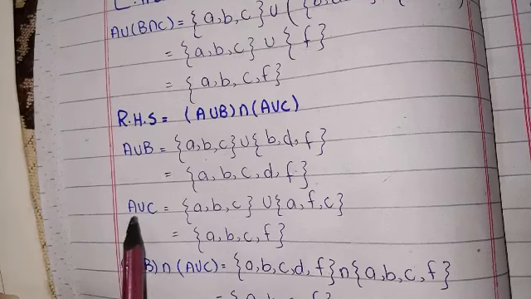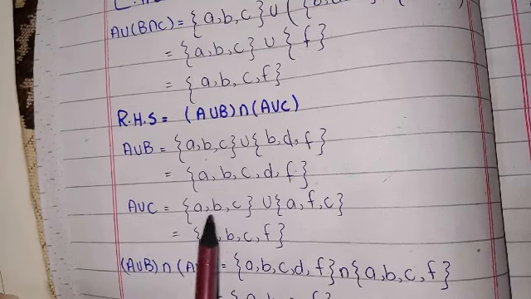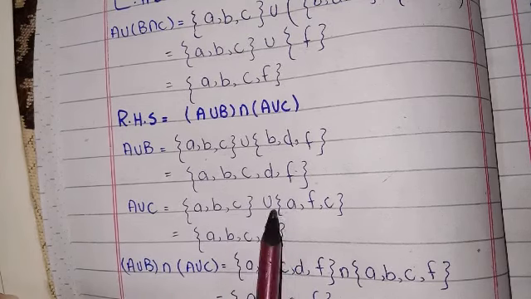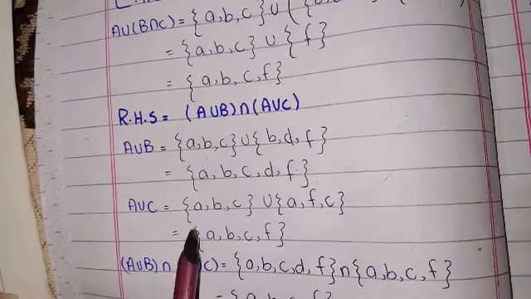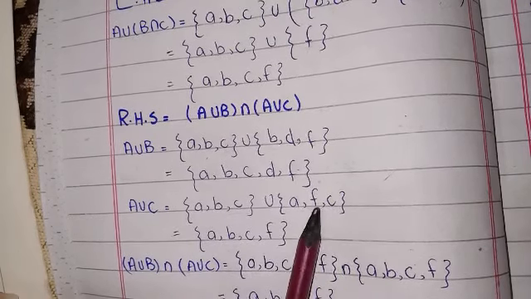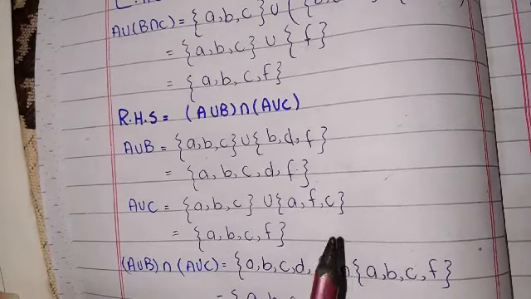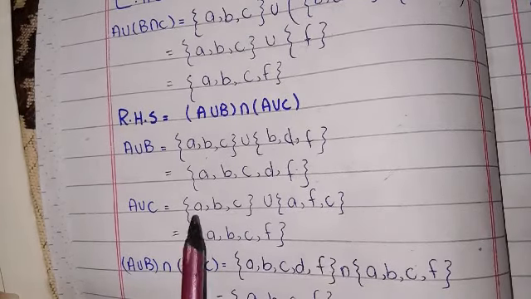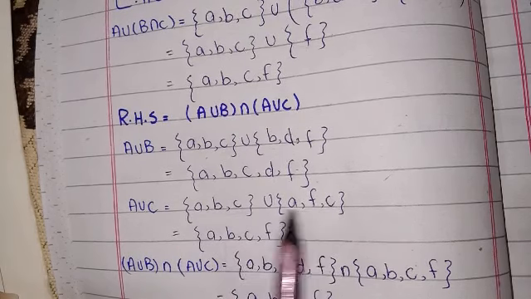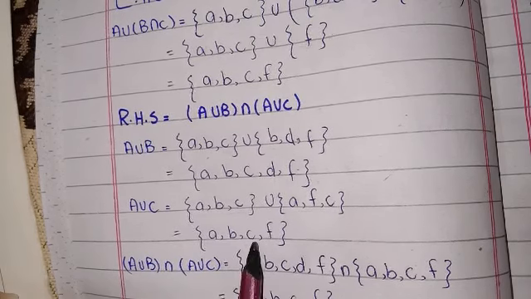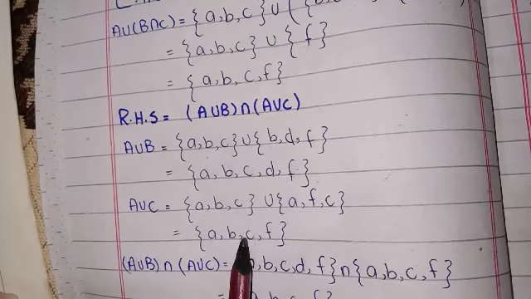Now students, we will find out the union of A and C. Here we write our set A, then union, then set C. In both sets we will find their union and combine all the elements, but the repeating elements must be written once. As you can see that A and C are repeating in both sets, so we will write them once. We will write in the resultant set A, B, C, F.